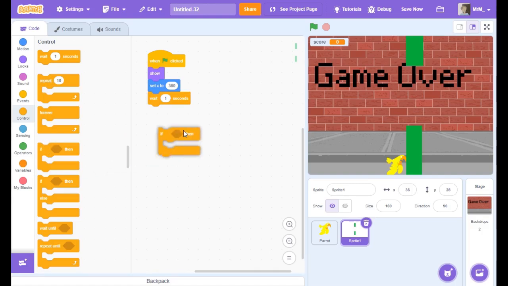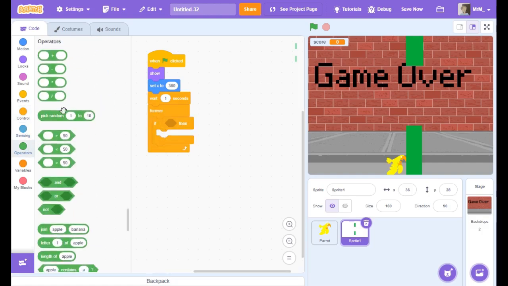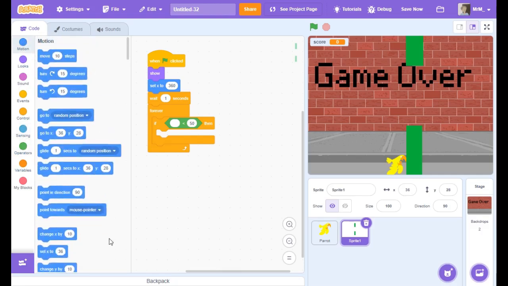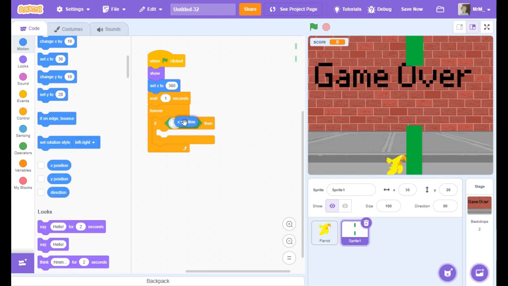Then I'll have an if, in fact I'll have a forever and then if, so forever if, and then I need an operator, which is going to be the one that faces this way. So this is if x position, let's find x position in motion. If x position is less than -160, then we're going to set x to 320,